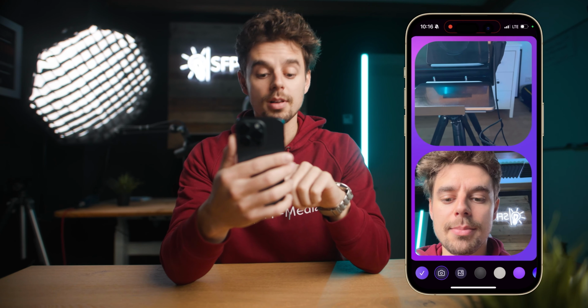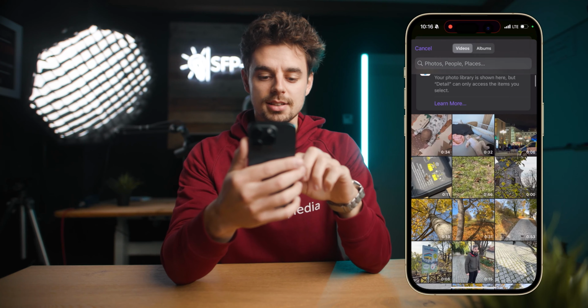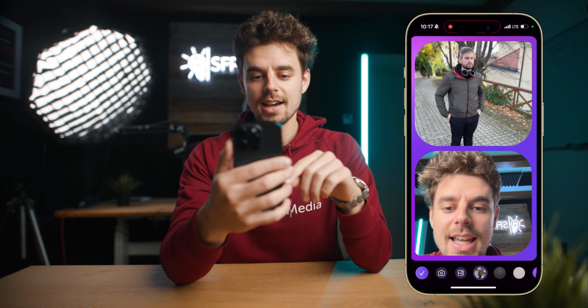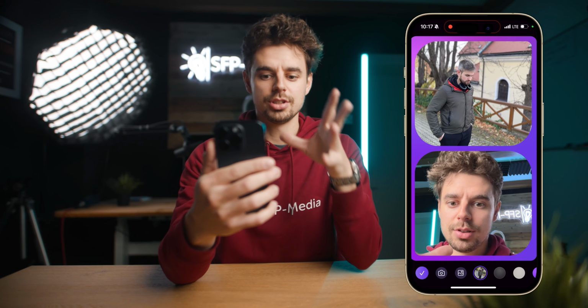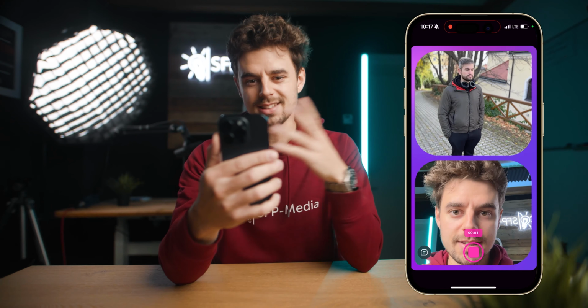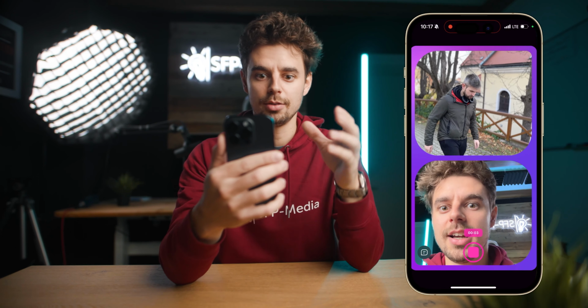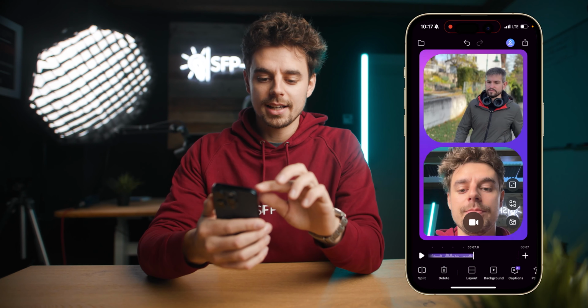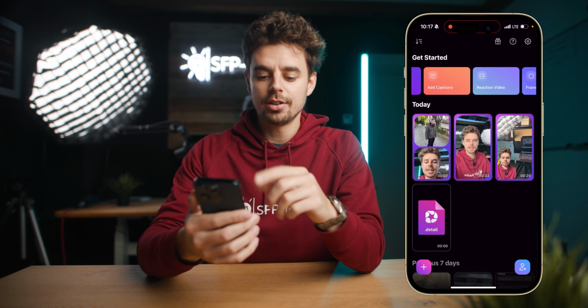If I wanted to change that to the Apple keynote, for example, all I gotta do, just tap on this button down here. I of course don't have the Apple keynote right now. I'll just pick any other clip, and then I would be able to just react to that video. I would accept that, start the record button, and that would basically be the entire shooting process for this specific scenario. So if I wanna go back, I can just tap on the top left here,